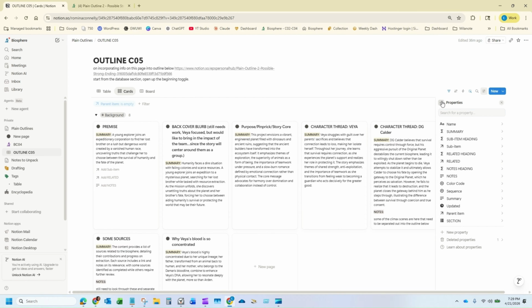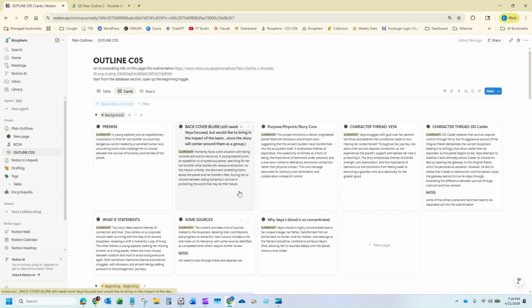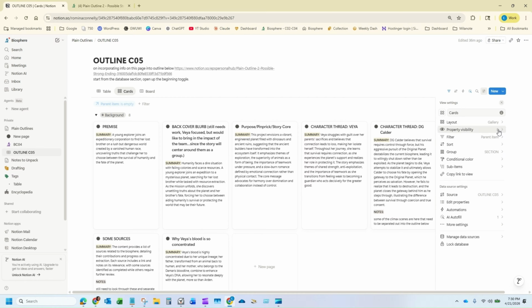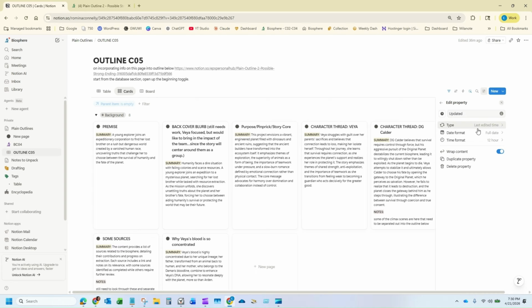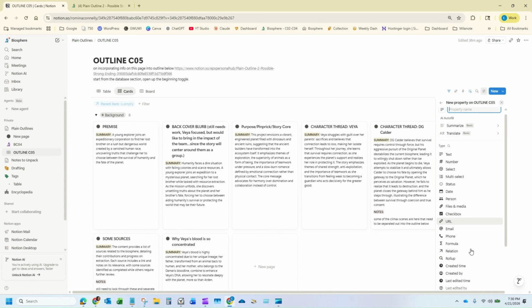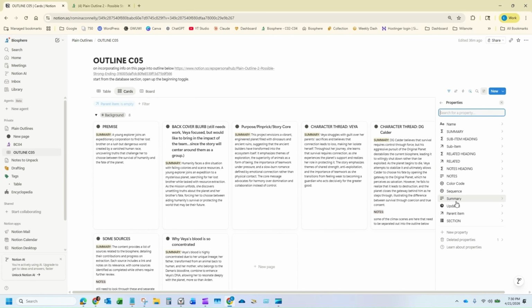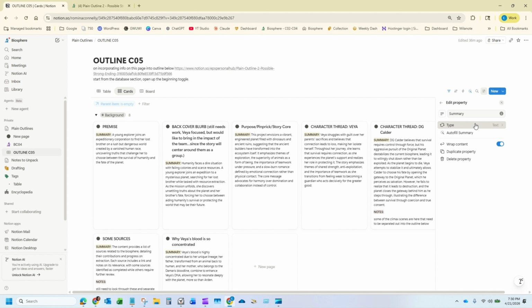And in order to set that up, I need to add an updated field. What that is, is a new property, created time, and I just changed the name to updated. And why that's required is because if you go in here,